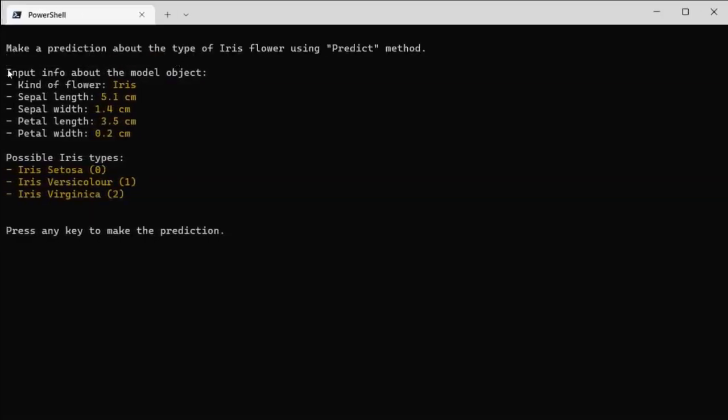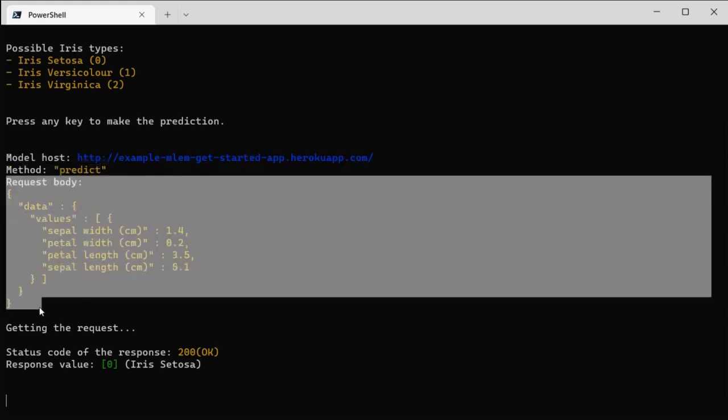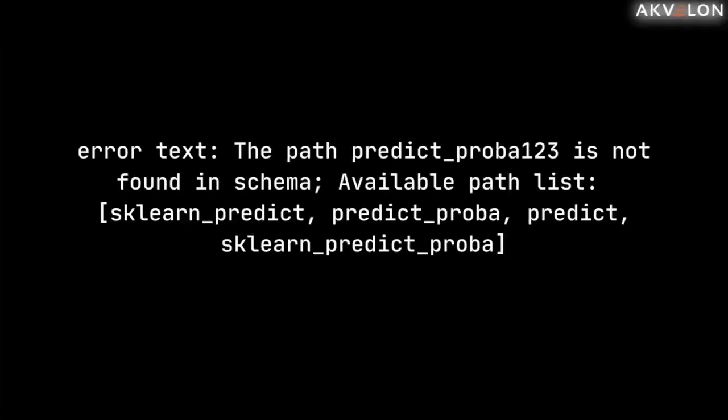After the installation is complete, you can send some requests using MLEM Java client. First, create the mlemjclient object. Then create the request body. And send the predict request. Finally, send the call request with the illegal path name. The response will be: